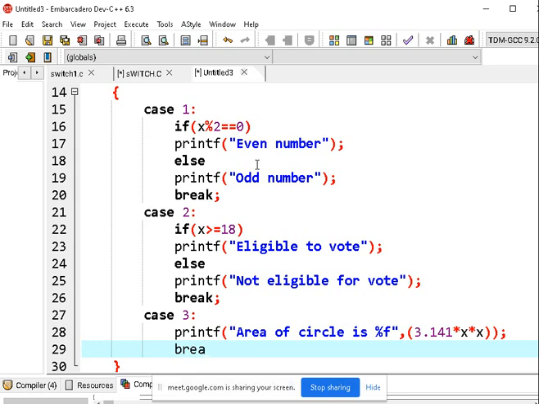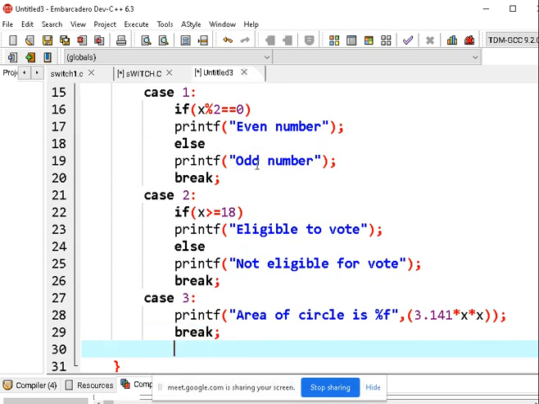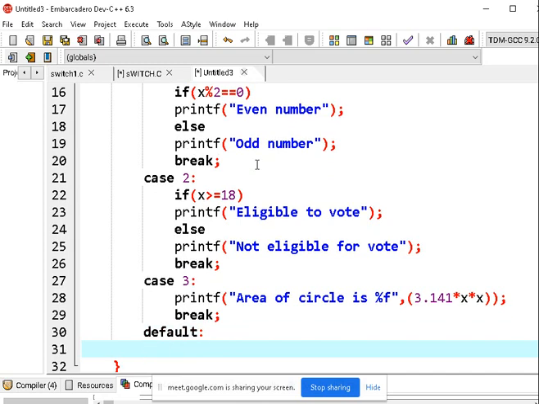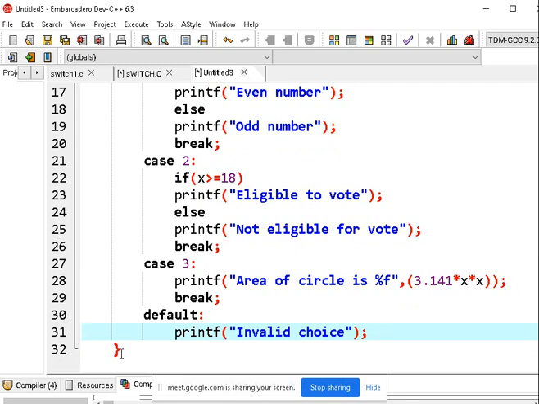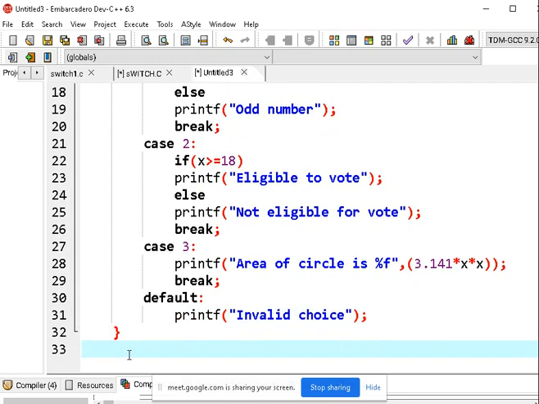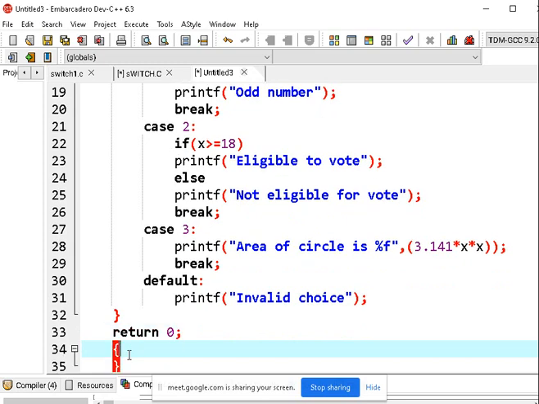Now I am going with break statement. Default, it's up to you, if you want to write you can write, or else you can leave it. So I am going with printf, in double quotes I will write invalid choice. Okay, so this is the end of switch case. Then immediately followed by I am going with return 0 and close brace.